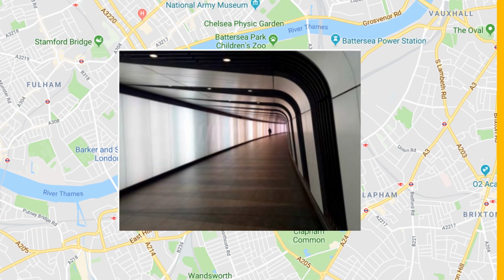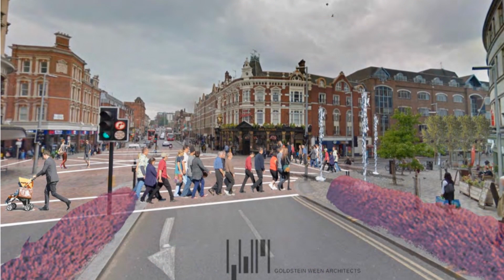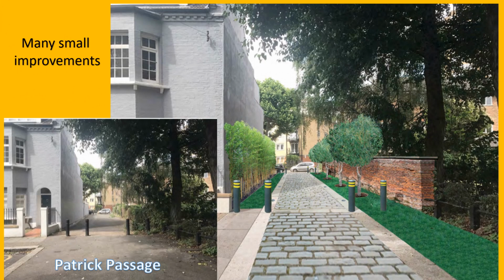So here's the junction with Falcon Road and Arding and Hobbs, and you can see a little bit more planting, a little bit more of the water features, a little bit more emphasis on the pedestrian crossings, and this becomes a more pleasant spot altogether. And finally, just one or two small improvements all the way along. Camilla was talking about pocket parks, but even these areas, this is Patrick's Passage connecting Home Road with Winders Road, and it can be improved with very little expense. So that's the cunning plan for the